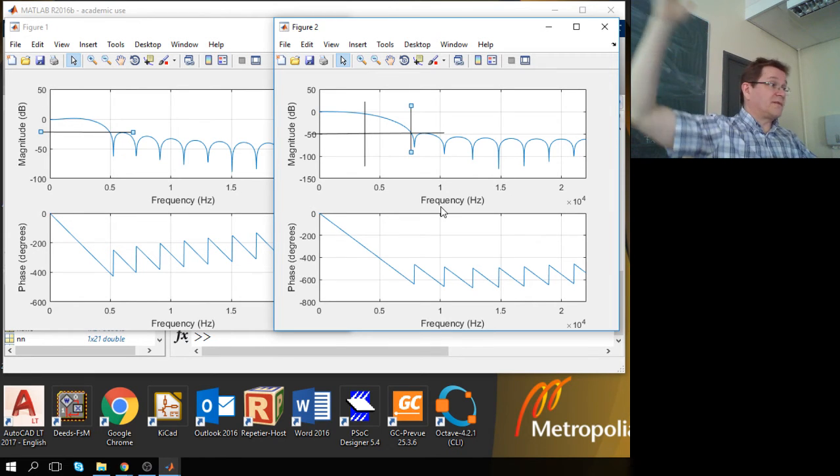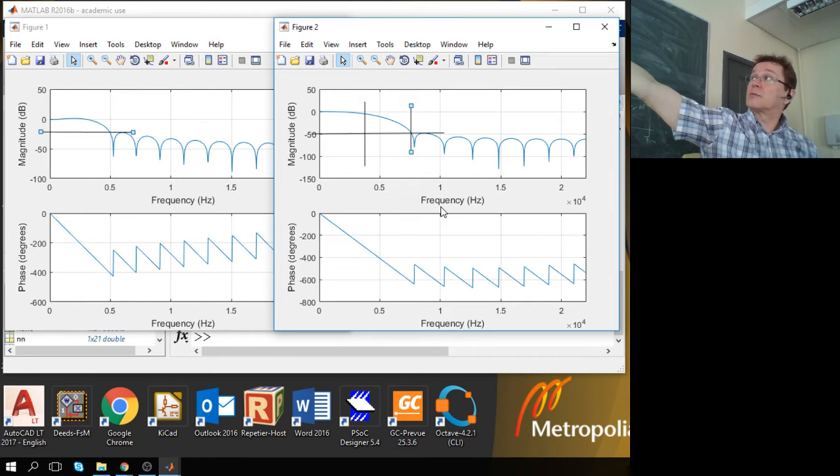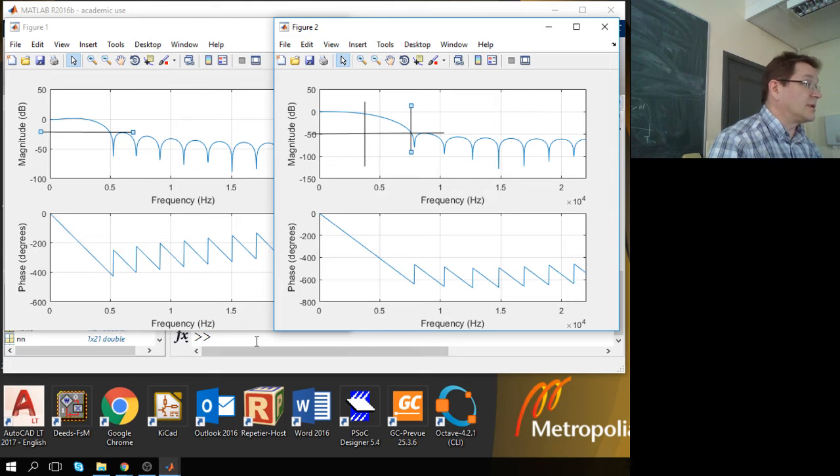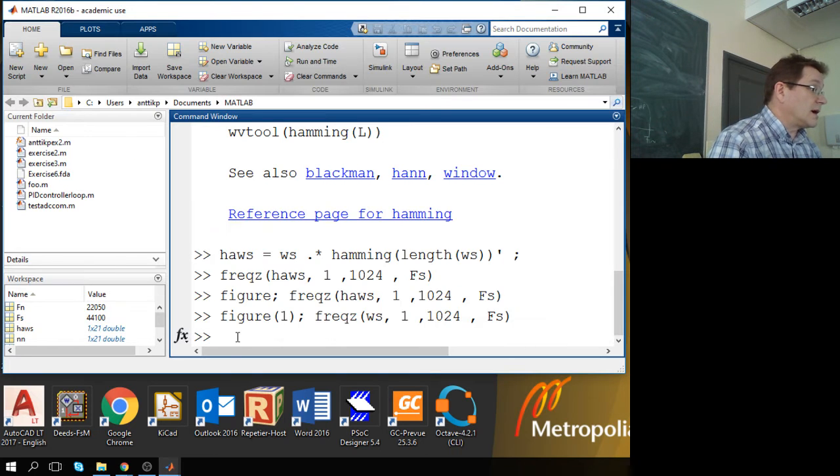So for example, if that transition bandwidth cannot be more than say 1 kilohertz, let's take a couple of